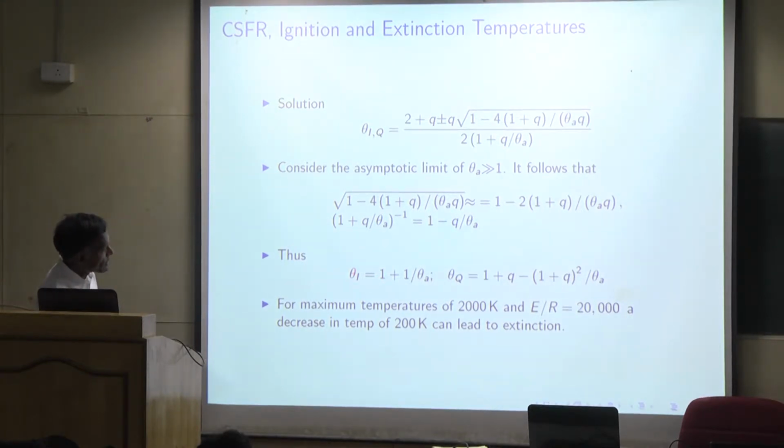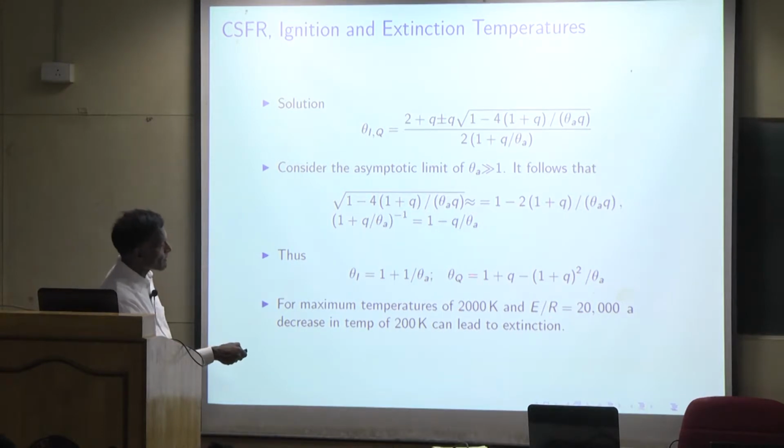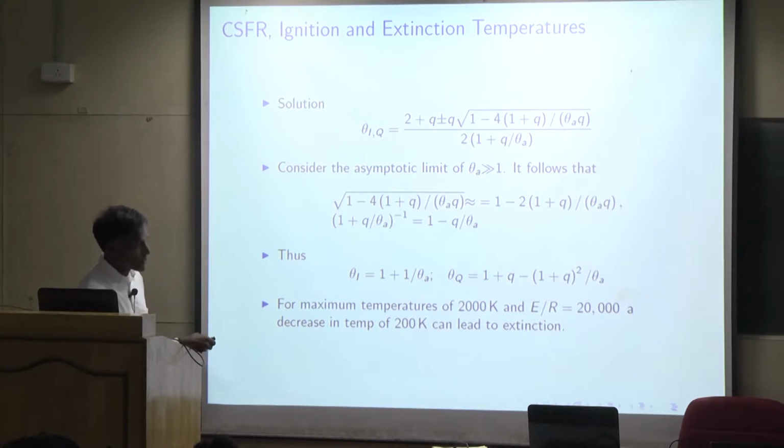So you get a theta. The plus sign or the negative sign will correspond to these two solutions for theta at the turning points. Now what you notice here is that this is the quenching. If you recall, the maximum temperature in the reactor was 1 plus Q. So when the system is quenching, you start from the